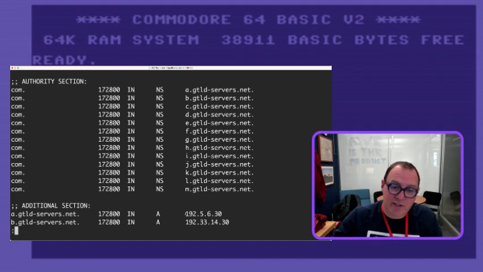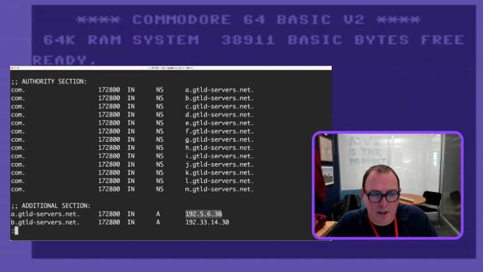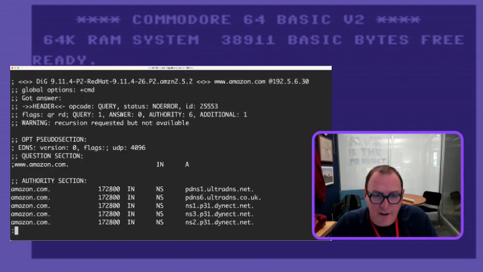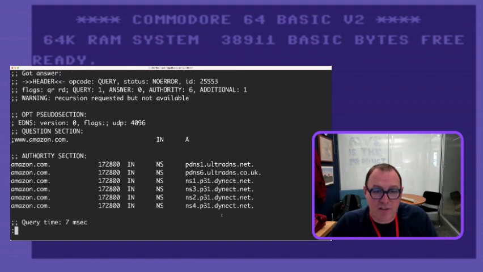And you see here it included glue, right? So, it tells me what the IPs are for those. And that's important because we'd have a circular dependency if we didn't do that. And now we're going to go ask one of those what the IP for Amazon.com is. All right. So com doesn't know what the IP of www.amazon.com is, but it does know what the name servers